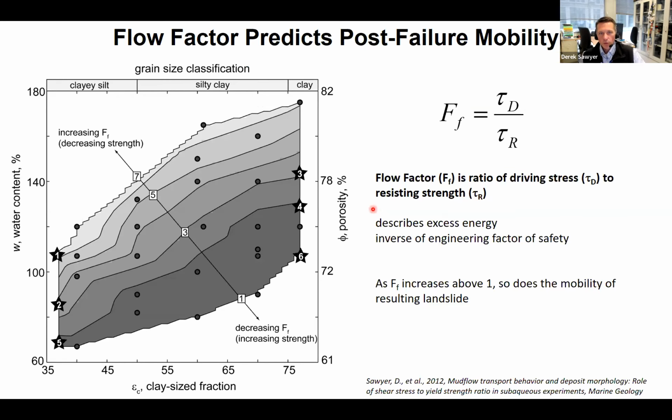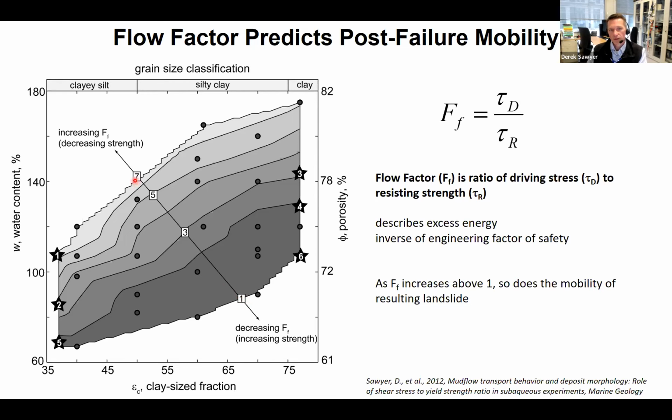Okay, putting all that together, we can actually quantify and make predictions about the type of failure behavior if we know something about the pre-failure properties. This is where it comes back to the key questions about pre-failure properties controlling the dynamic behavior. So in this plot here, it's kind of busy, but what we're doing here is we're plotting something that I'm calling the flow factor. So these gray zones, dark gray to lighter and lighter gray, are going from just arbitrary